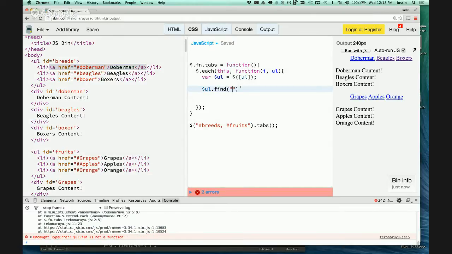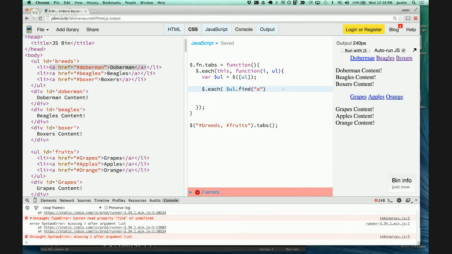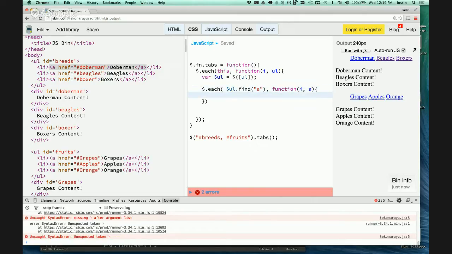I'm just going to find all anchors, and I'm going to go through each one. I don't think we added each here, so I have to use this. Yeah, we don't have a prototype each. jQuery has a prototype each, but not us. Okay, so this is each anchor. So I'm going to do I. This is the anchor. And what I'm going to do is, if I is greater than 0,